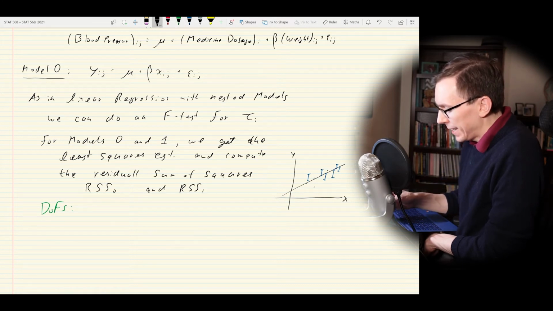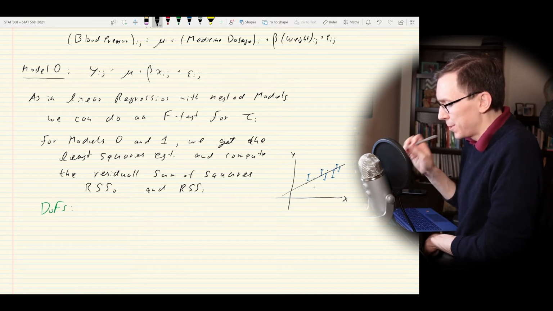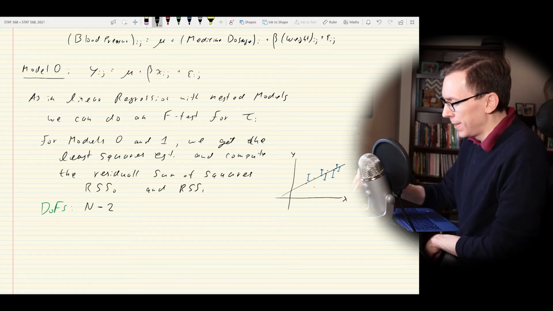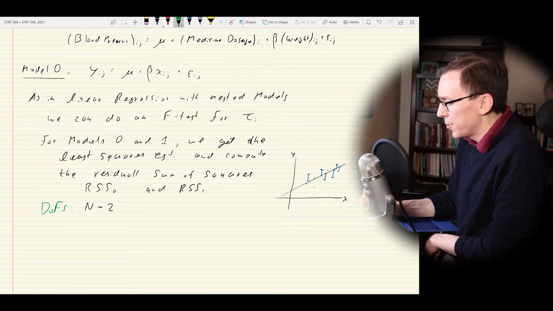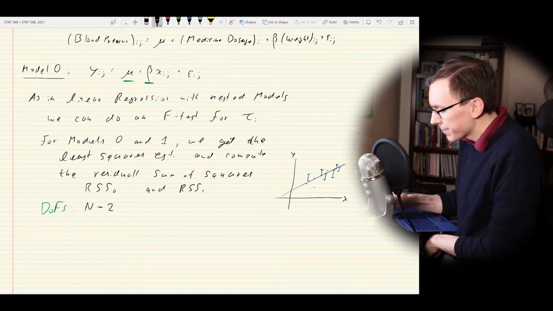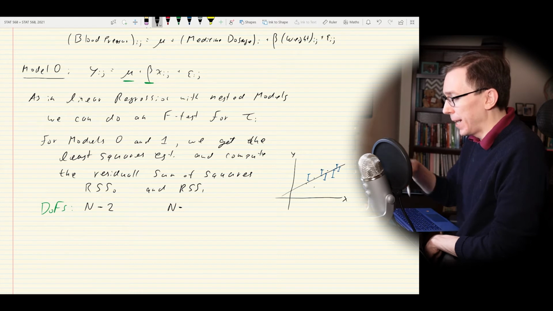So in the case of the residual sum of squares for model 0, it's always going to be the total sample size minus the number of estimated parameters. In the case of model 0, we only have two parameters to estimate, mu and beta. They're both univariate parameters. In the case of model 1, well, we still have to estimate mu and beta, but